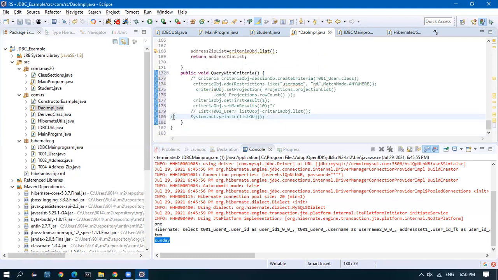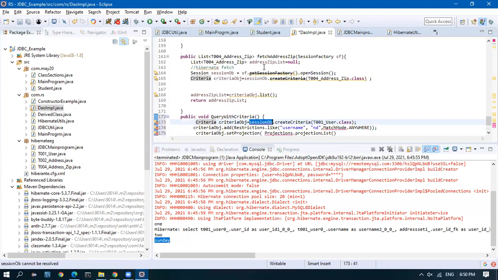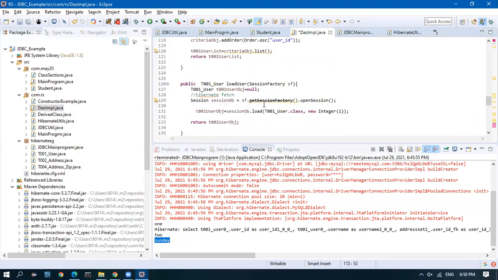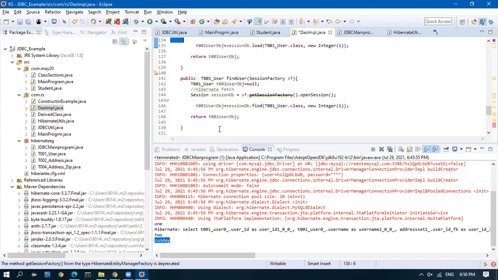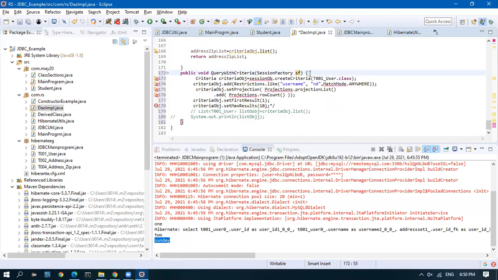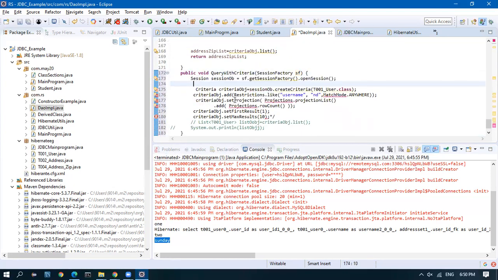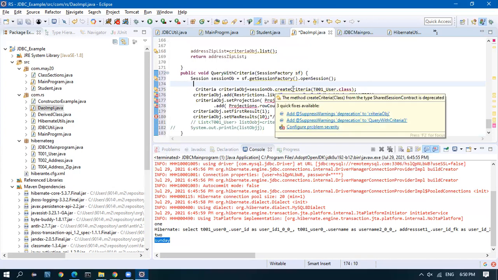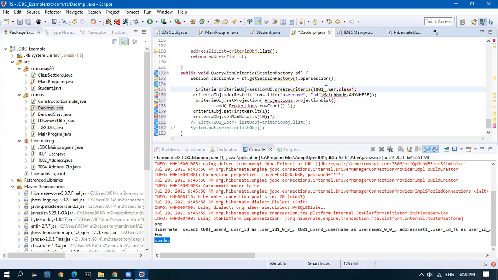To write a criteria, there is a criteria class provided by Hibernate. Using the session object, there is a method create criteria, and we pass the class. Then these are the syntax.